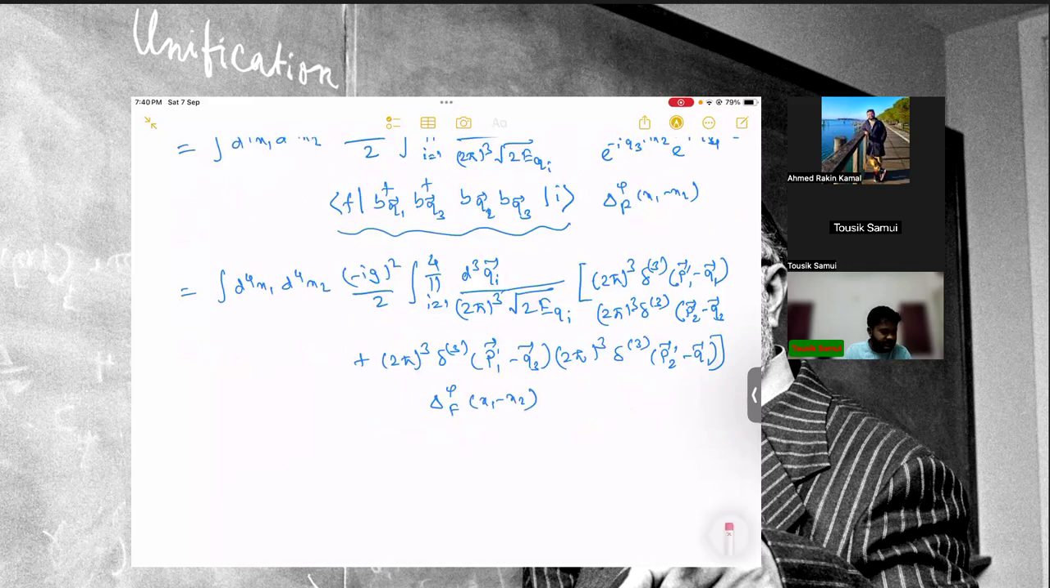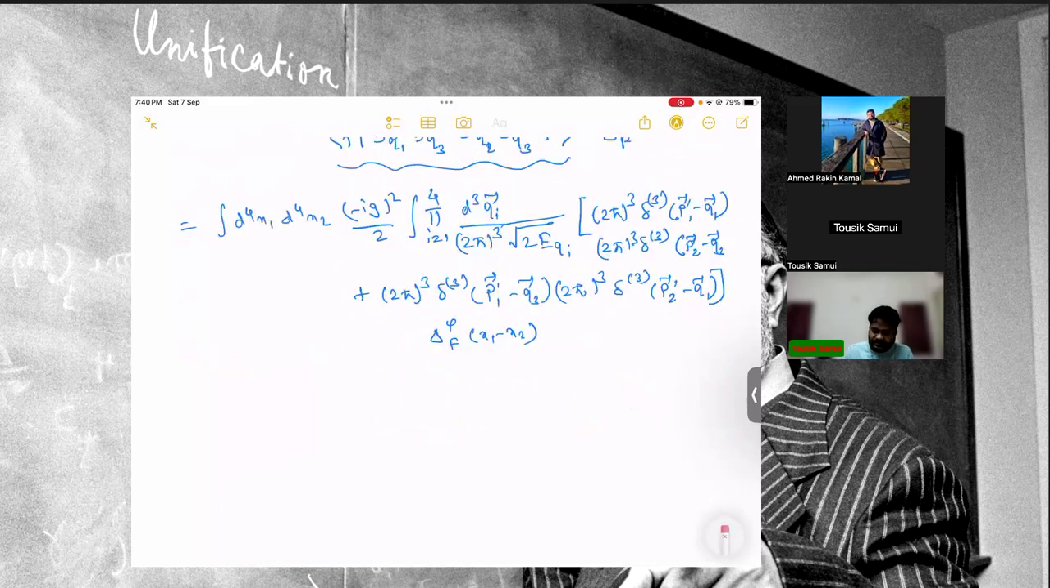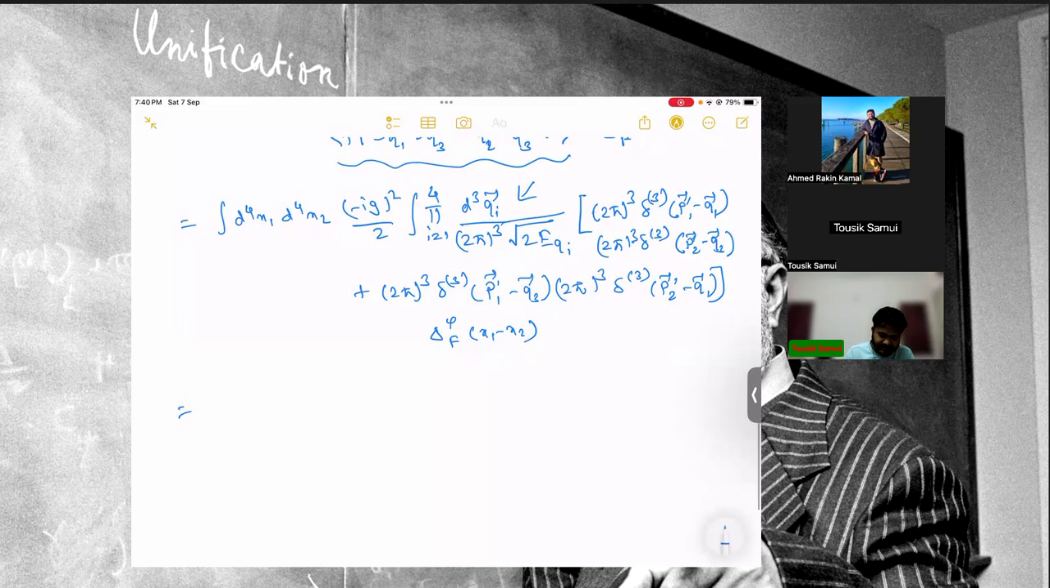And then putting everything together, if we integrate with respect to the q1, q2, q3, q4 variables, all these four variables, because they have the delta functions, we will eventually get minus i g squared over 2. We have, of course, this factor of 2, and we have the Feynman propagator, and then from this we will get